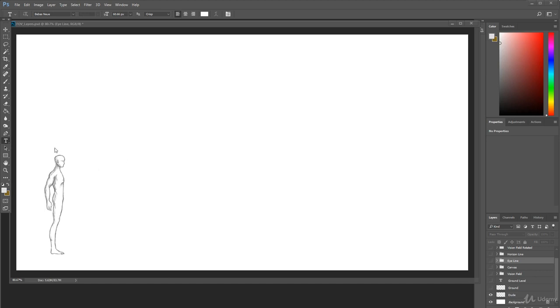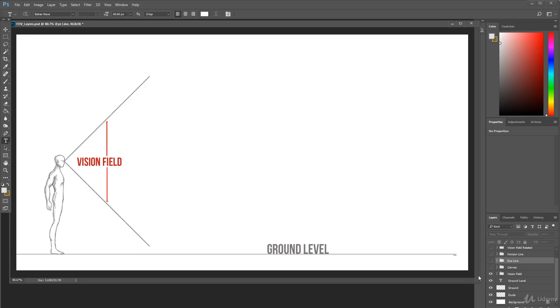So on the page here you can see my guy standing there. It's not a particularly great drawing, but that's not the point of this at the moment. Just quickly sketch that out. So he's standing there and he's looking straight ahead. Okay, so he's standing on the ground, and that's quite important. And there's my ground. So he's standing on ground level, looking straight ahead, and his vision field is like this,